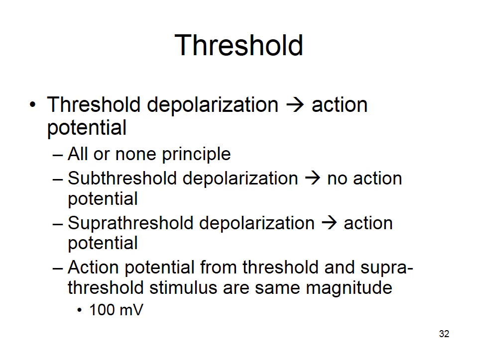Okay, so action potentials are all or none. If the threshold isn't strong enough, no action potential. If the threshold is strong enough, action potential. If the stimulus is super strong, same action potential, right? No variation in magnitude. No matter if you get a threshold or a super threshold stimulus, you always get 100 millivolt change in membrane potential. Okay, that's the all or none principle. You either get an action potential and it's always the same, or you don't get one.